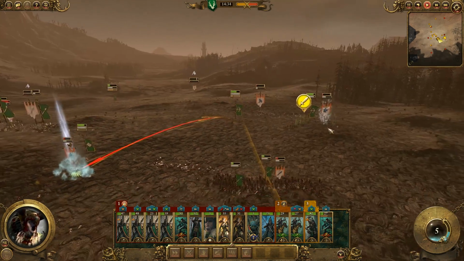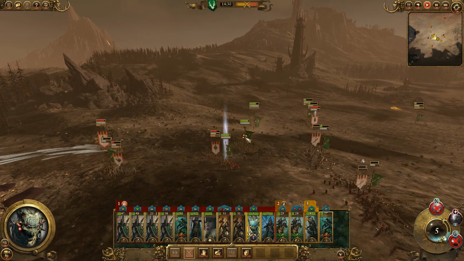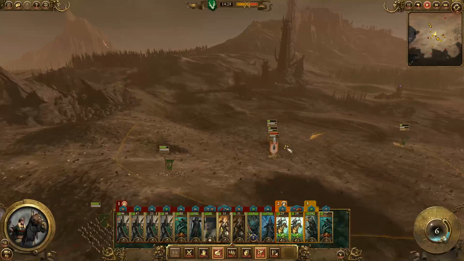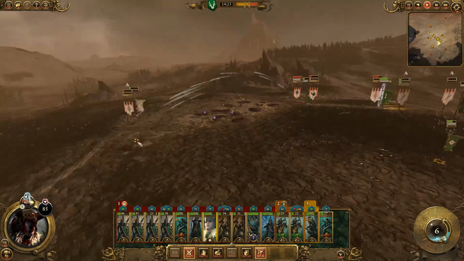You can see Teclis is very low. And it looks like his Dragon Princes actually did come back. So let's keep moving. We can stick and move. Looks like we're able to shut down most of his troops over here. And what does he have? That's his Noble? Okay, so let's come back. And man, this is just a wild one. But it looks like Teclis is...